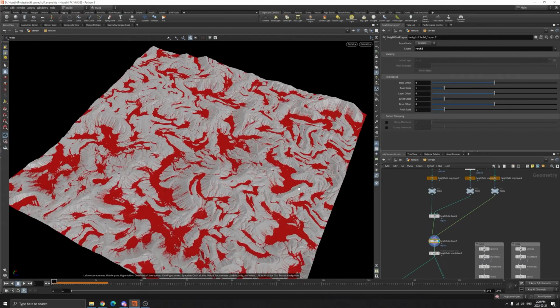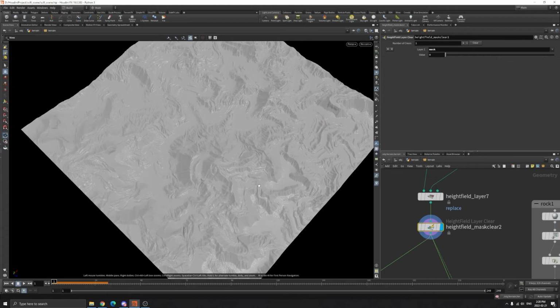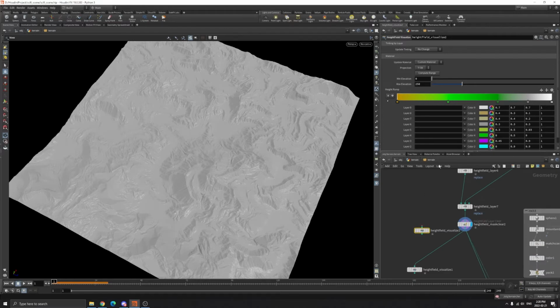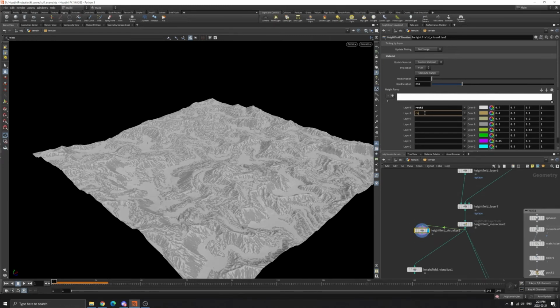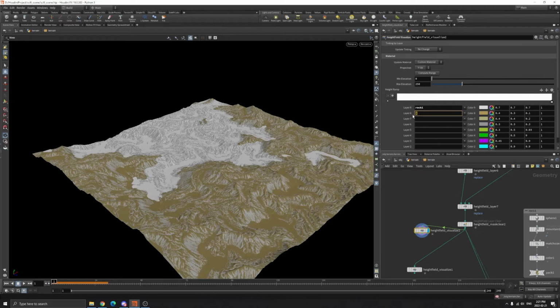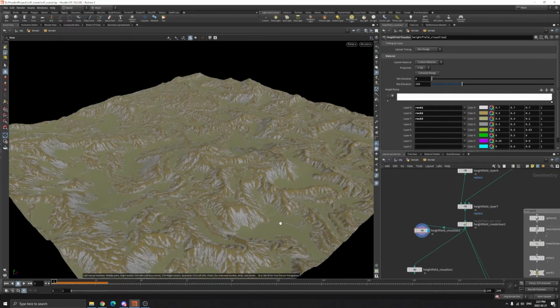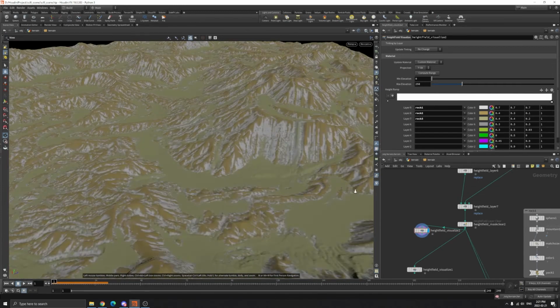So we can mask clear it, so we don't see any red. And now let's create a height field visualize. Before, because it had a red color on it, it was a little bit confusing. But now let's say this is our rock 1, rock 2, rock 3. So this is our layer now with 3 different colors here, and that's what we can do in